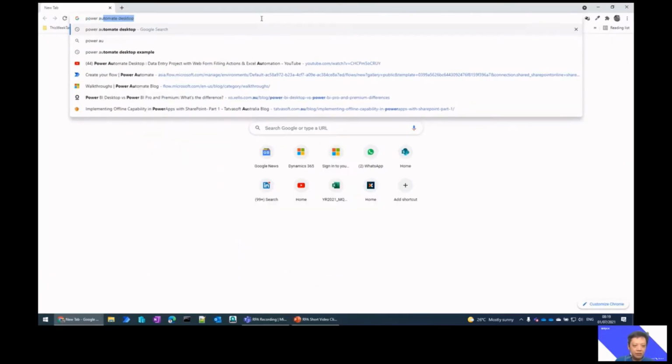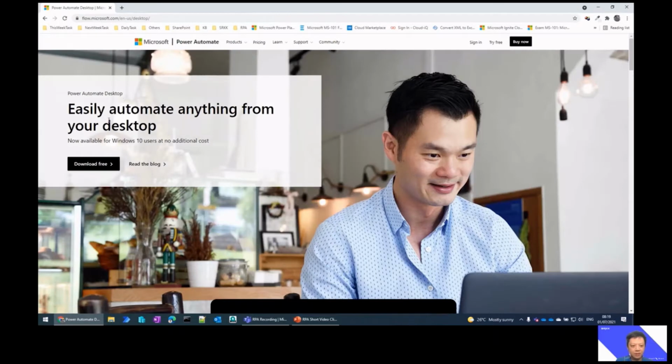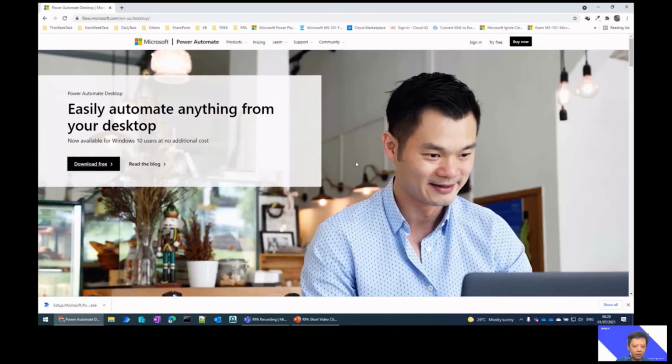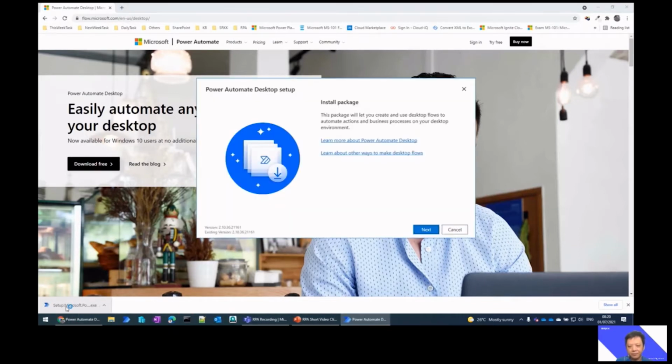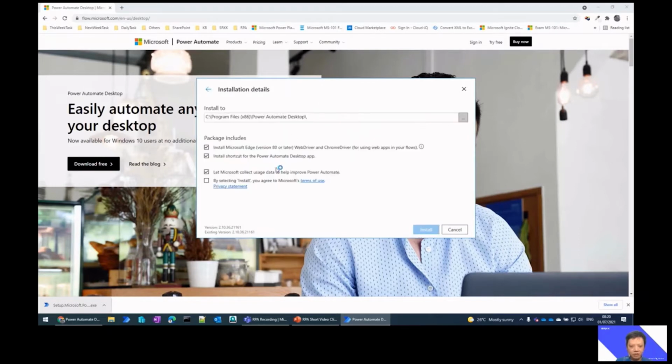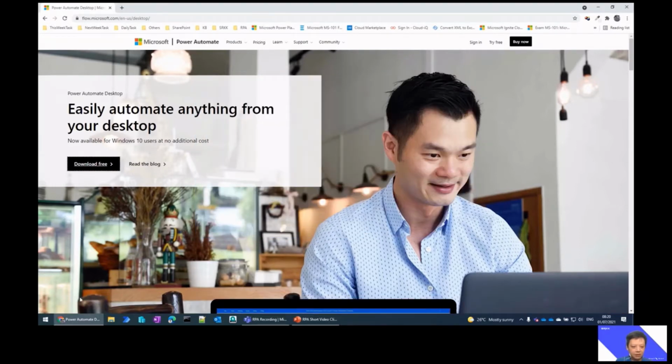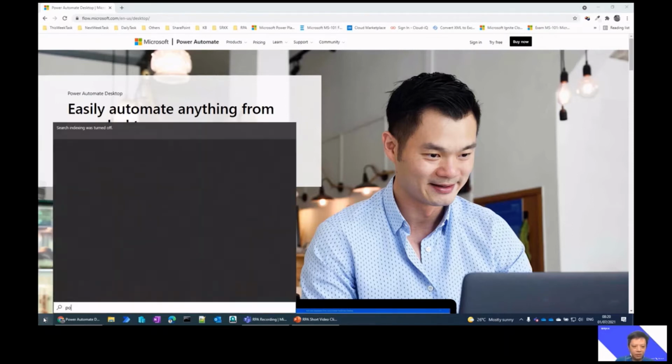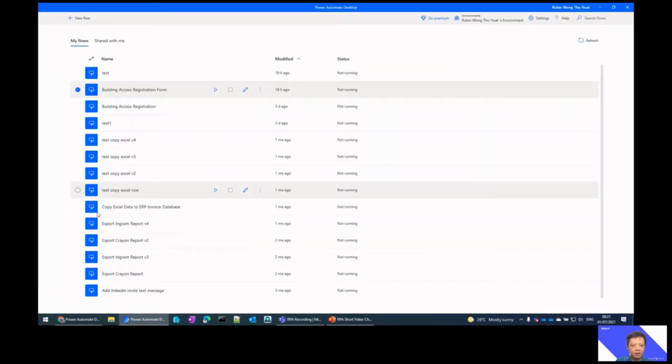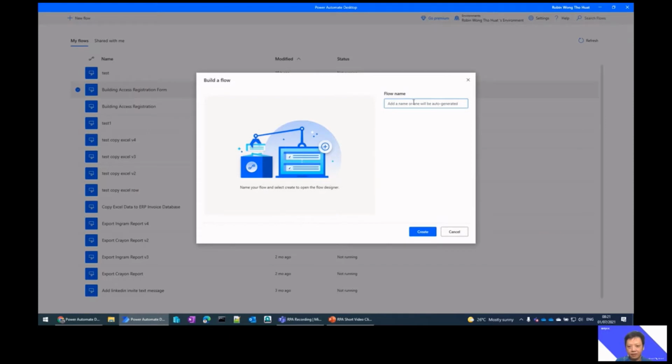Download the Power Automate Desktop. Click into the website and look for download. Once you are done, double click on the installation file and just follow through on the installation packages. Once it is complete, you can go to your start button and look for Power Automate Desktop. Here with me, I have created a lot of other flows. Typically, you would start off by clicking on new flows, right? And then put in a name for your flow. For here, let's name it as building